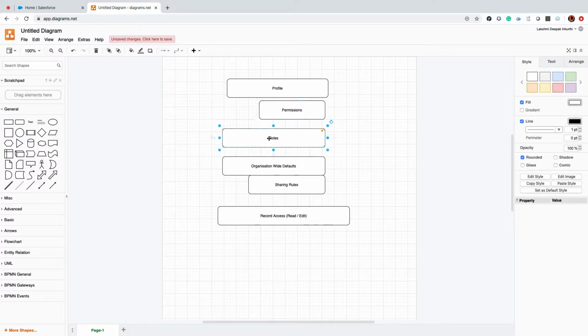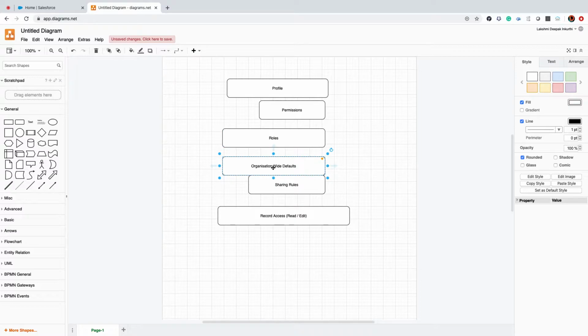What are roles? Let's say I am a team leader, a sales manager. I should have access to all my subordinate information. By default in Salesforce, you don't get any security for data within the organization. But let's say there is a requirement that one group of people should not see another group of people's data. I have two businesses running in the same Salesforce organization, but one application's users should not see the other application's data. When I say this, that time we need to use organization-wide defaults.